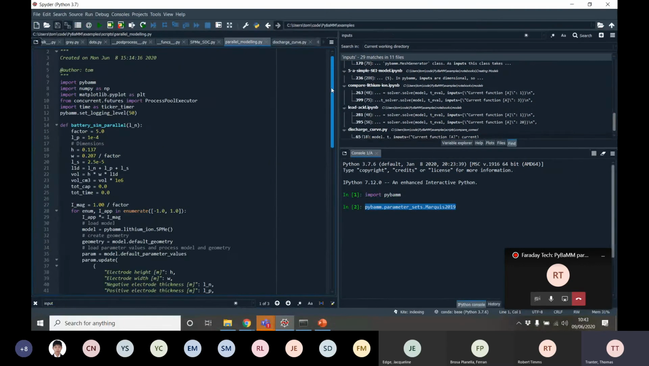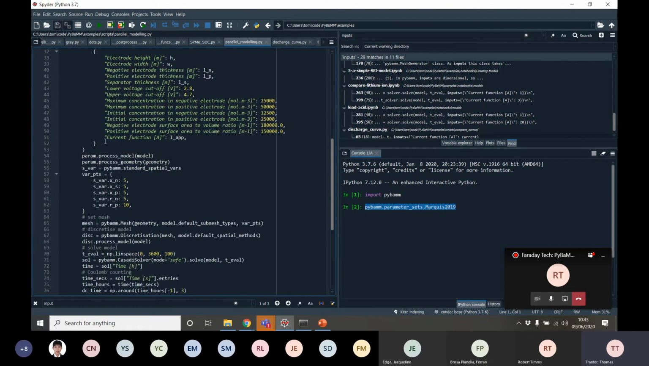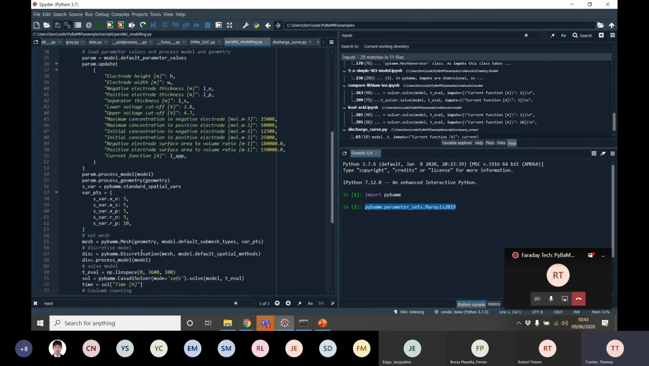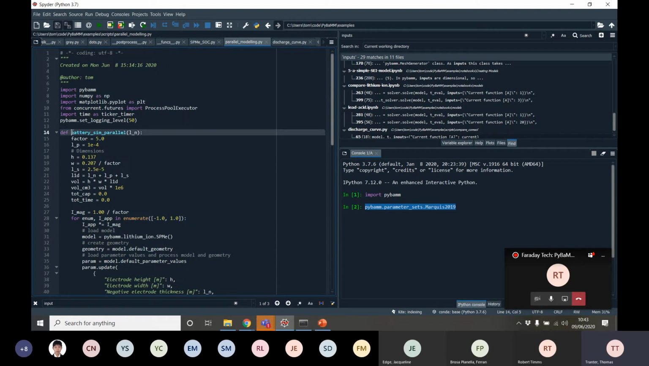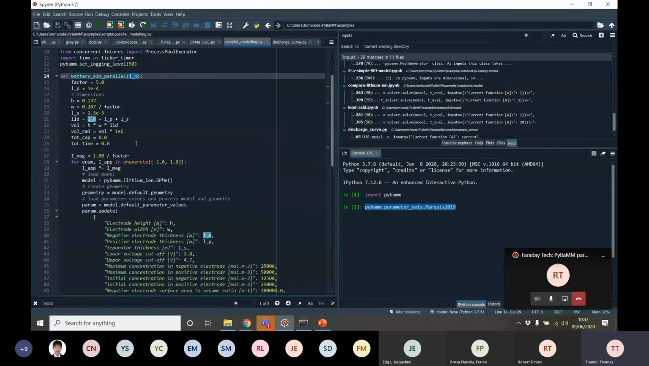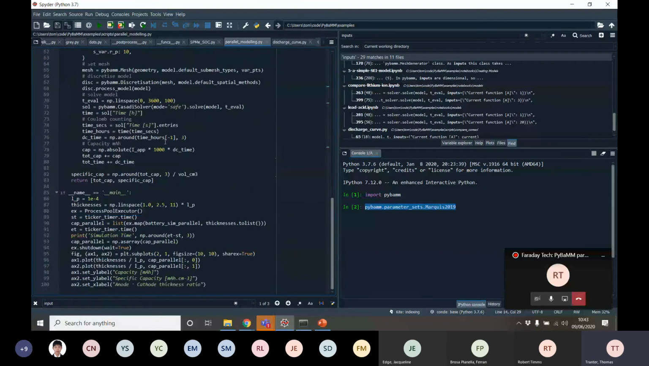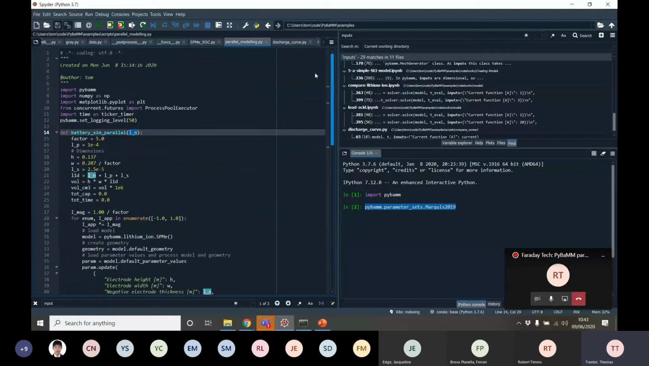And essentially what I've got here is the same code, but I've put all of the logic for running the whole simulation just inside this one function, which I've called battery sim parallel. All it does is take in the anode thickness as an input parameter, and everything else is hard coded. Now that's quite lazy, but I'm just doing that for demonstration purposes, to show it quickly. So then when you're running, I'm making use of the concurrent futures process pool executor